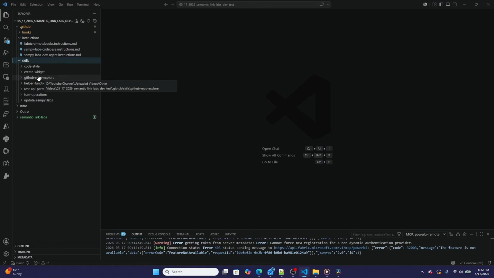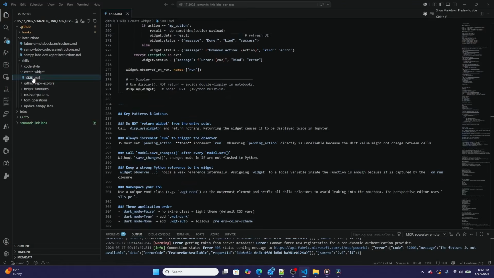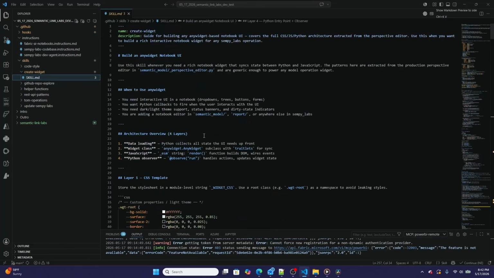But I took one look at the perspective editor and I asked the AI to look at how Semantic Link Labs was doing that and build a skill called create widget. And it ramped up that AI powered skill called create widget, which essentially has extracted the full CSS, JavaScript, Python architecture that was used in the perspective editor, and then now allows my AI agent to really quickly build up